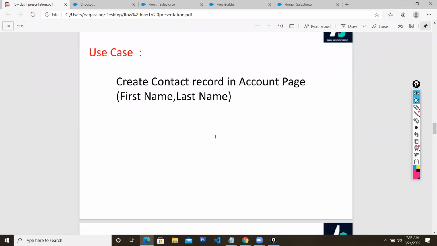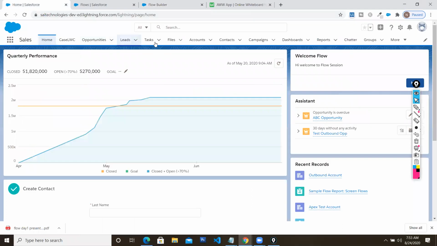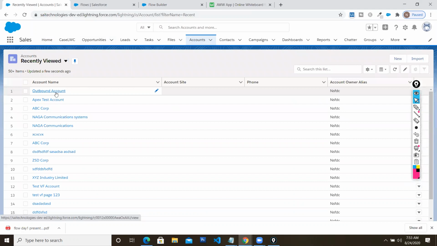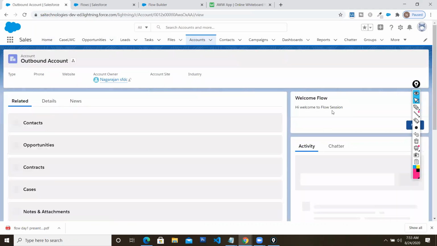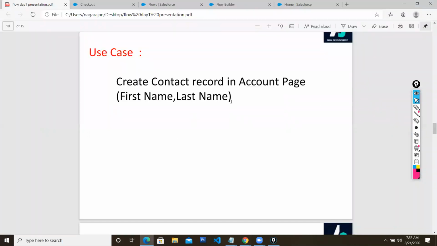Now, you are going to create a contact. Next scenario, you need to create a contact in the account page. Let's say this is your account page. Let me come to the account page. The requirement says that this is my account page. I'm going to create an account. In the account detail page, I want to have a flow right over here. It should create a contact. So there should be a facility here to create a contact from the account detail page itself. I wanted to have a component. In the sense, how you can create a record creation flow in your flow builder. So that's what we are going to see next.